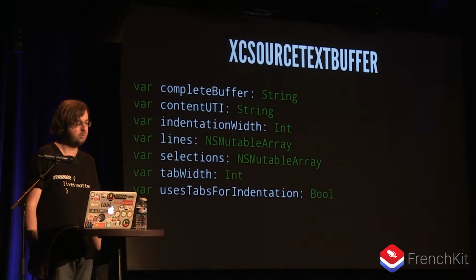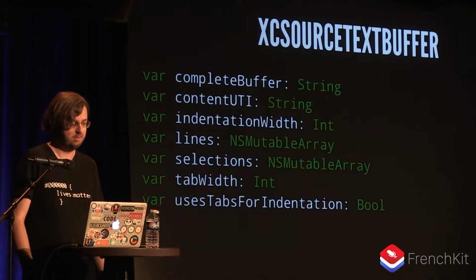You get a content UTI, which is the file type. So for example, you can distinguish between Objective-C or Swift, things like that. You get the lines, which is an array of all the lines inside the complete buffer. It can be faster to just look at the lines, or if you just want to append something or insert a line somewhere, it can be better to mutate this lines array than working with a complete buffer, depending